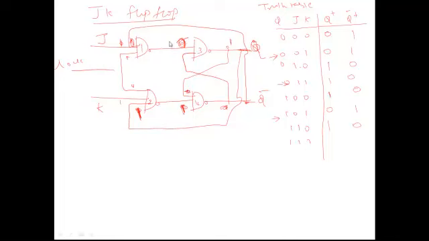Input to the third flip-flop is 1. Input to the fourth flip-flop is 0. And output of the fourth NAND gate will give you answer is 1 because one input is at least 0. It will give you 1 and this 1 and 1 combination will give you answer is 0. So here you will have 0, here you will have 1.